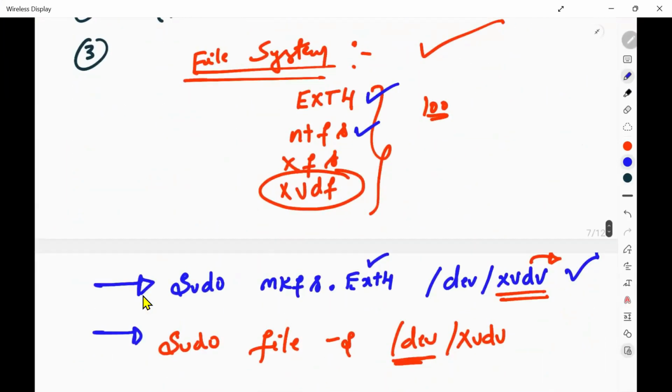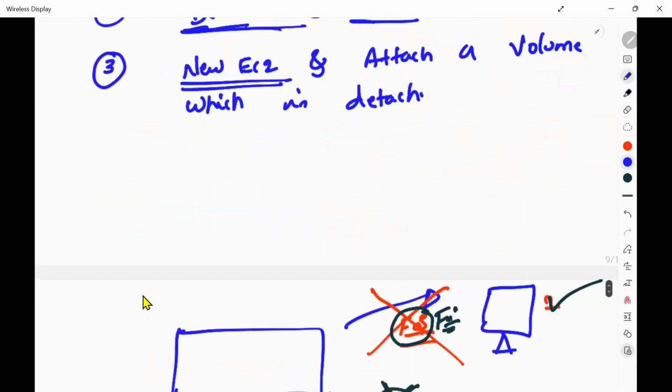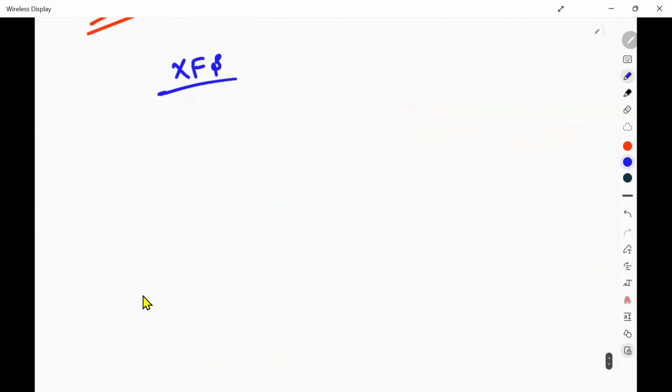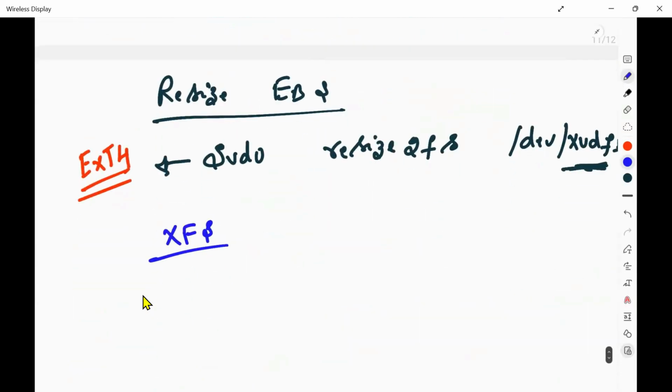These are the file systems. I told you ext4, NTFS, XFS, XVDF. There are so many file systems available, but as standard we use ext4 and XFS. If your file system is of type XFS, then you just need to use